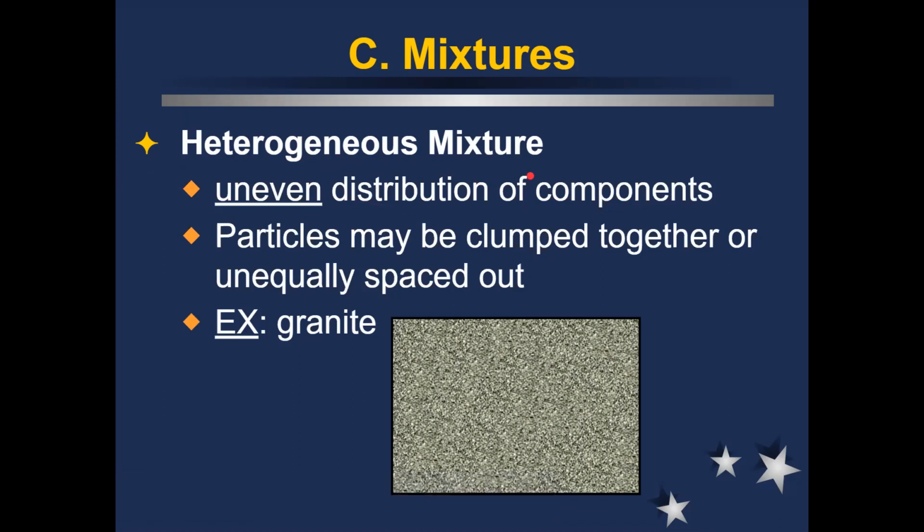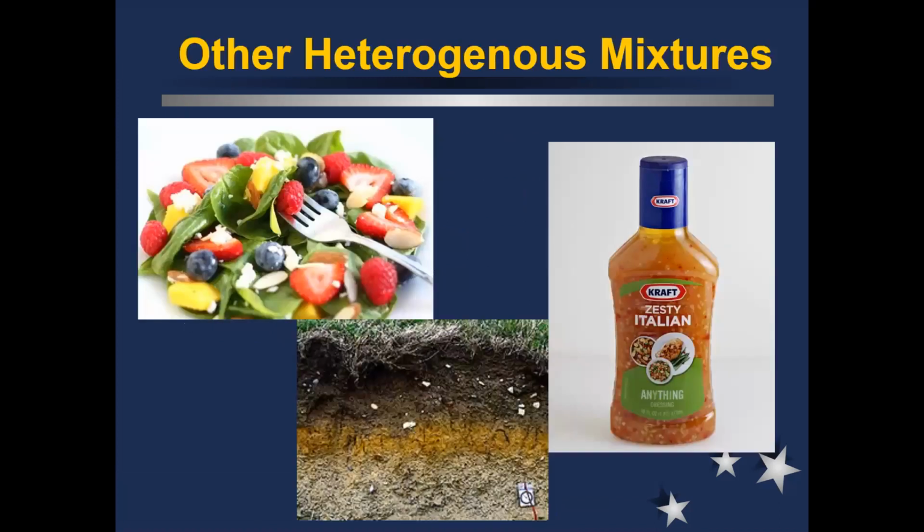Some other everyday examples of heterogeneous mixtures would be things like salads. In a salad, especially a really good salad like this one, not every single bite is going to be the exact same, right? Maybe one bite has a lot more spinach on it, but the next bite you got a lot more salad dressing on it. One bite you're specifically trying to scoop up a couple strawberries and a blueberry. The other bite you get might have some spinach with the raspberry and some cheese on it. Every single bite is going to be a little bit different than the other one because we have not completely made our salad 100% totally equal, right?